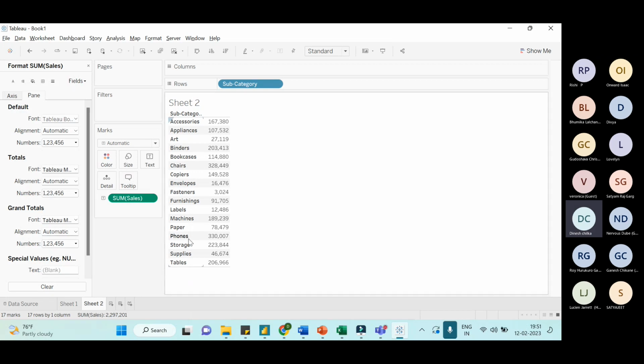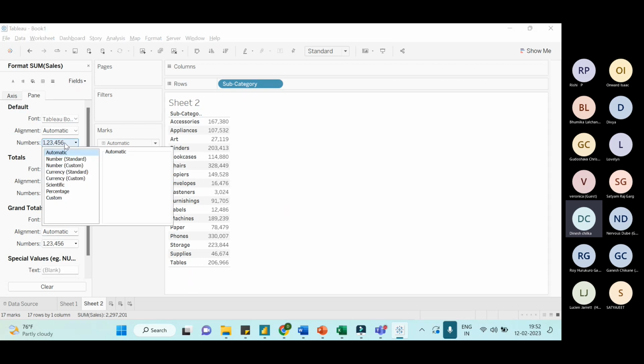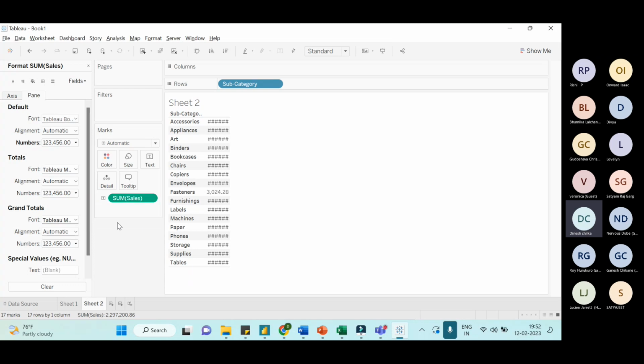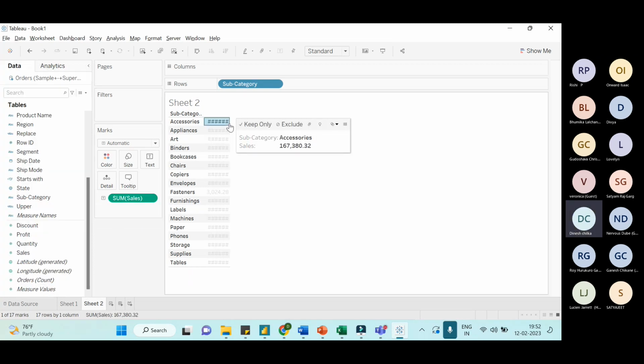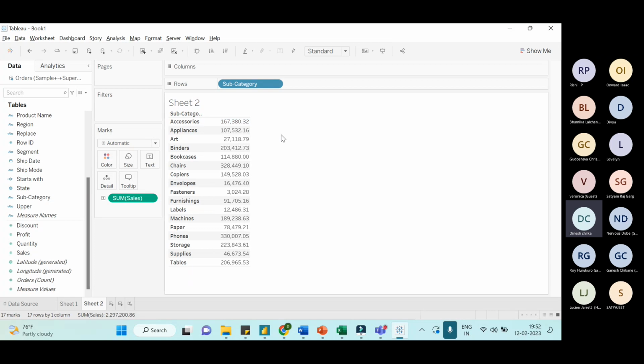I want to know which numbers are there in decimals. So go to numbers, standard, custom. For decimals we mention 1 to 3. Fix it, done perfectly. Just drag this, if you want to drag. Now, if you see,